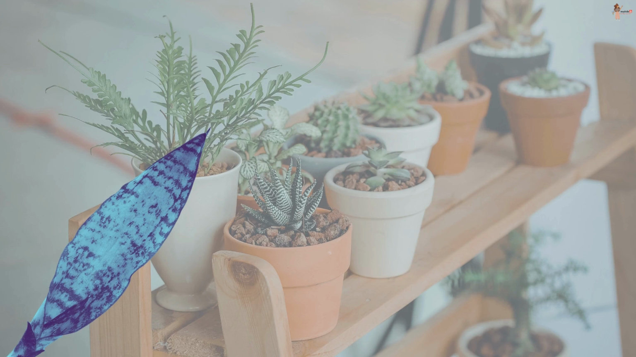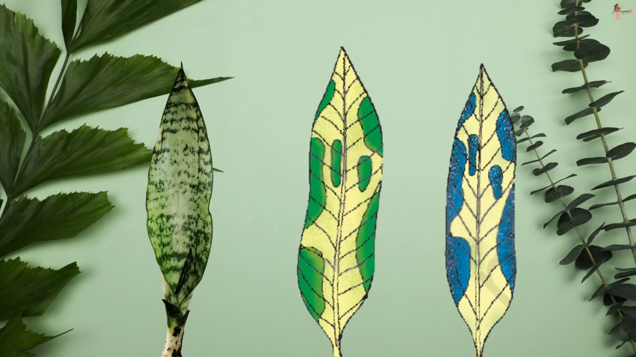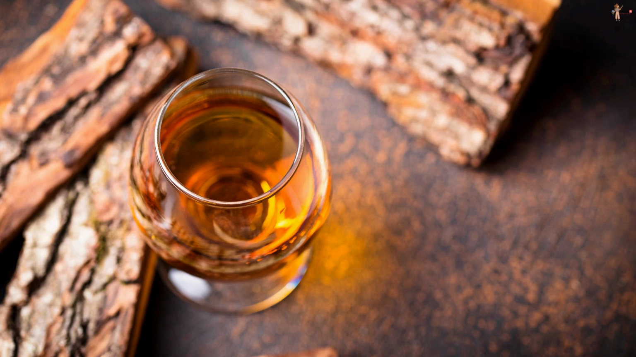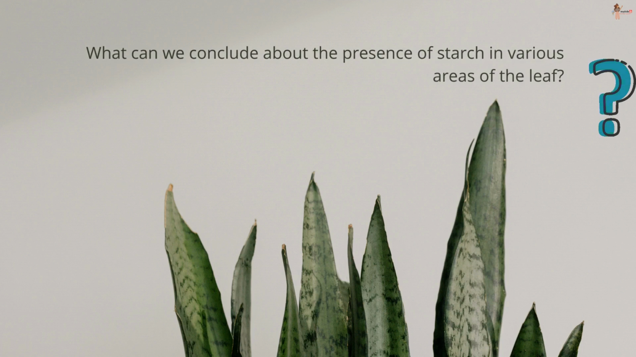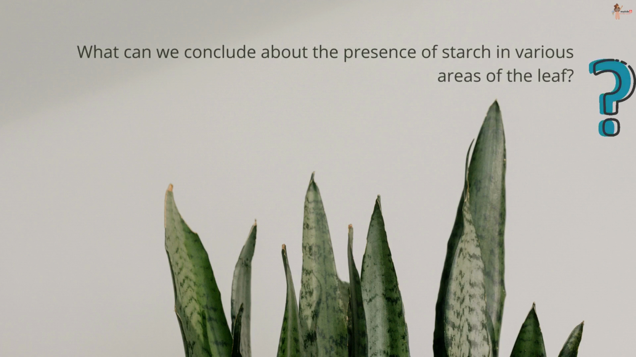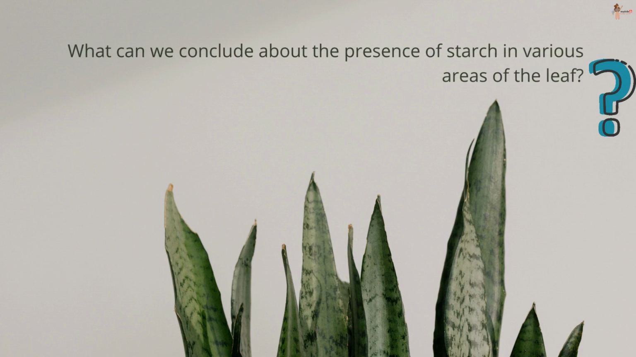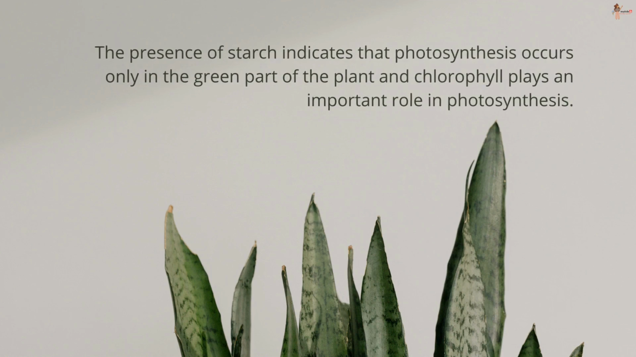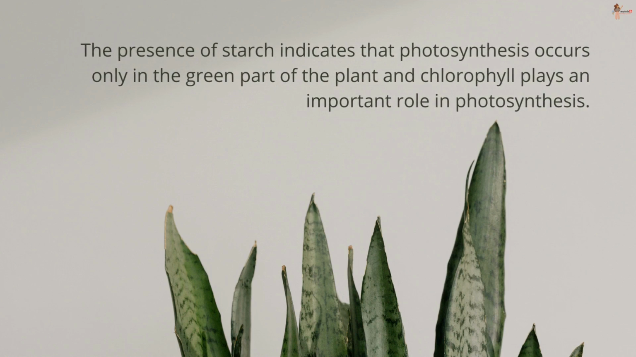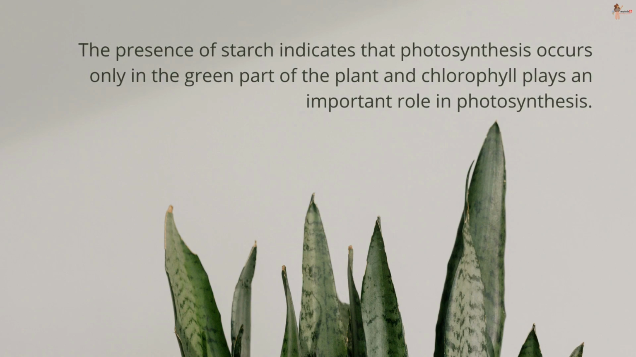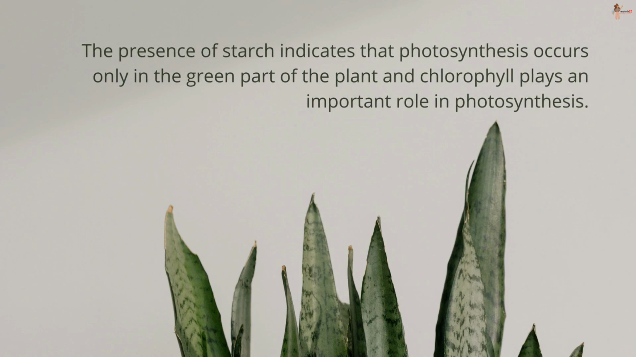Now, if we observe the color of the leaf and compare this with the tracing of the leaf done in the beginning, we would find that the green part of the leaf turns blue-black and the iodine solution will be orange-brown in color. Now, what can we conclude about the presence of starch in various areas of the leaf? The presence of starch indicates that photosynthesis occurs only in the green part of the plant and chlorophyll plays an